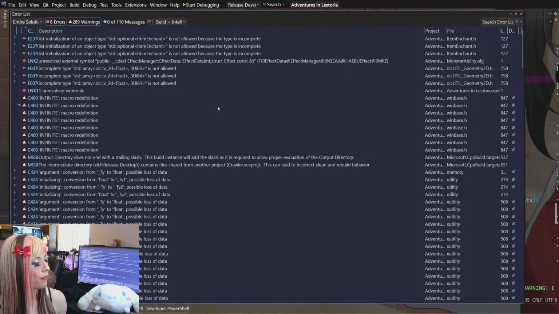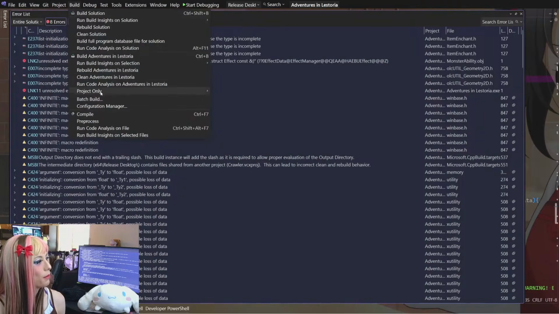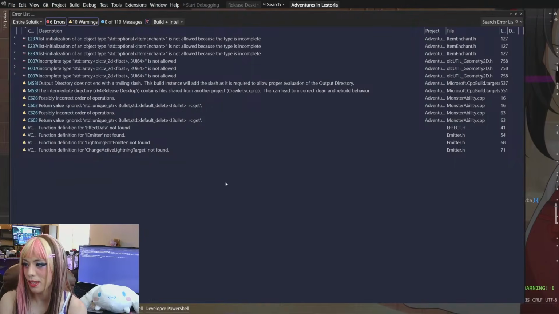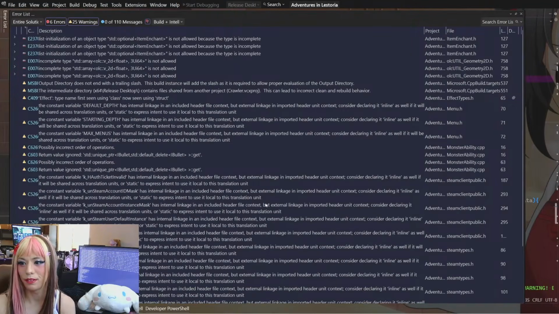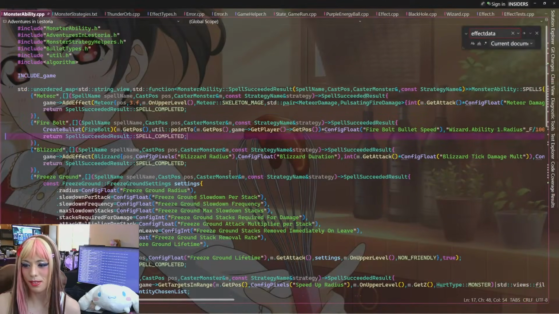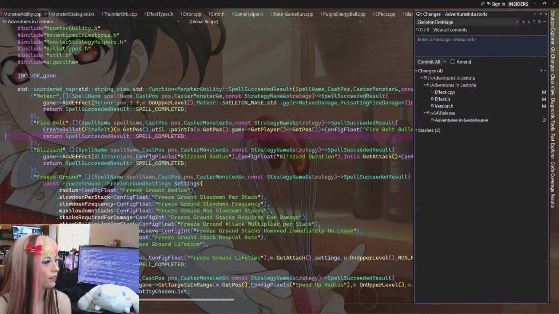It just says effect manager, effect data. The constructor is not found in monster ability.obj. Should I just do a clean rebuild? Like that shouldn't be a thing. I don't understand where that is even coming from. I mean, it made sense when I had that template there, but well, it kind of doesn't make sense either way. Hopefully this fixes it. Anyway,